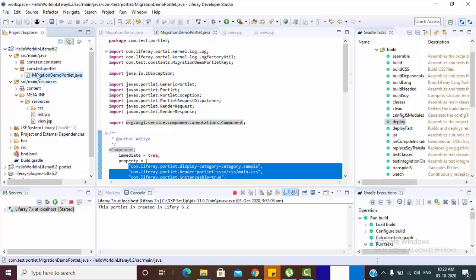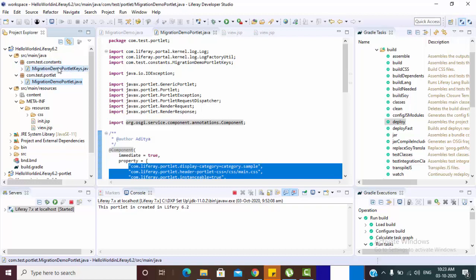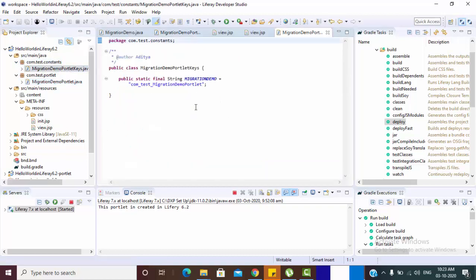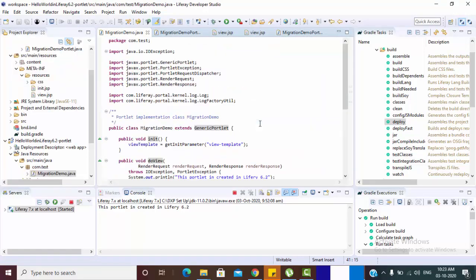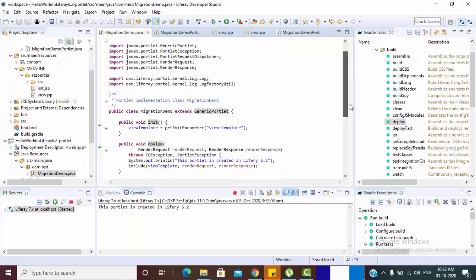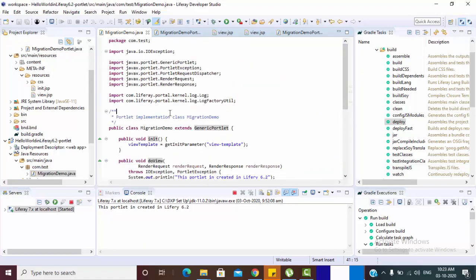So this way you can create your new portlet and migrate the old one. We just need to simply copy paste all the view.jsp and JSPs. This is a small project, but if your project is very big, you can just copy the whole JSP folder to this and the whole portlet to this, and if you have utility files, create a new package and inside put all the utilities. So this way you can migrate and use the basic 7.2 or 7.3, which is newly in the market. You can migrate easily and use the OSGi concepts.